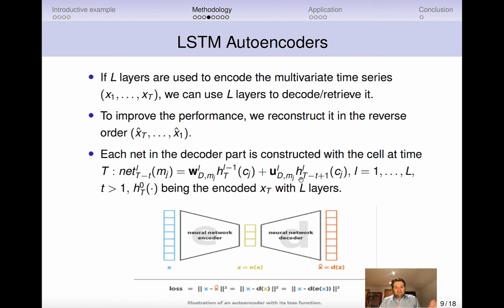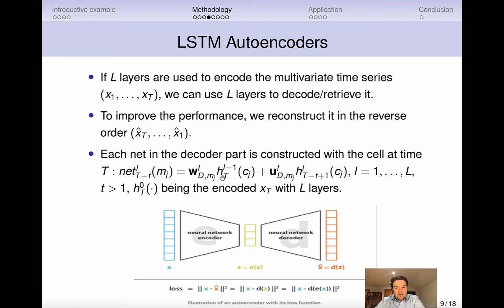And this is done with a classical neural network. Here I just give the formula as well to reconstruct in the opposite sense, reconstructing a multivariate time series in the reverse order. That means, let's take at time t minus 2, for example. For the t minus 1 case, this is the same formula, but you should remove this term. It's not complicated. But at t minus 2, let's say, then the net at t minus 2 will be this